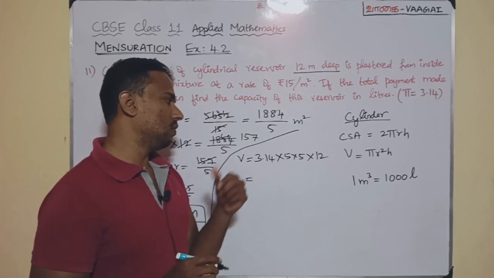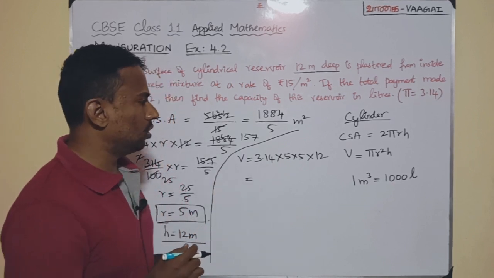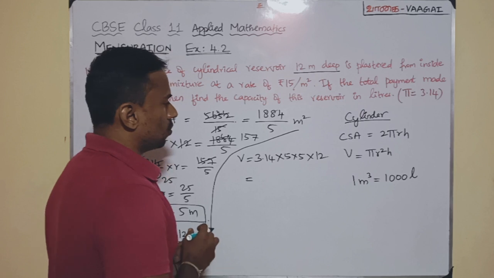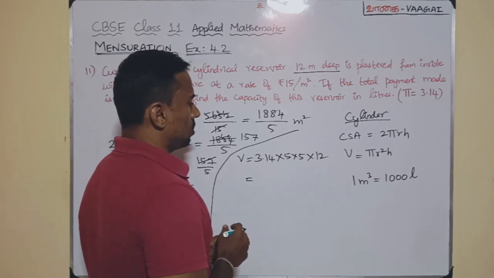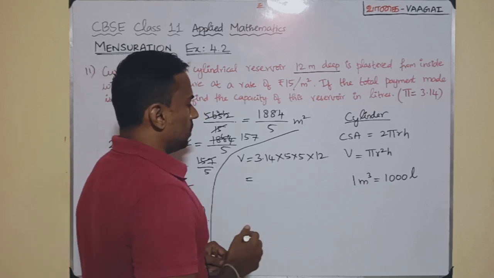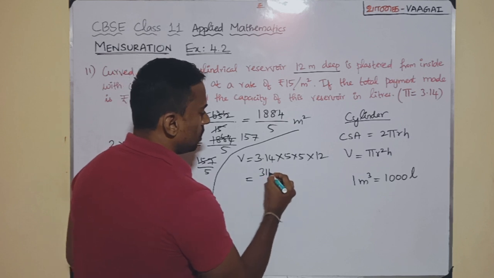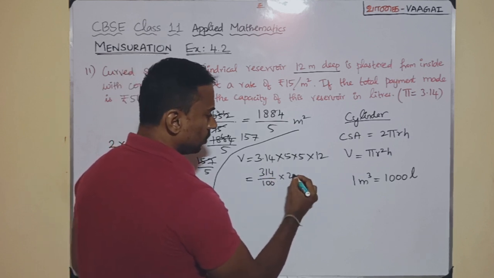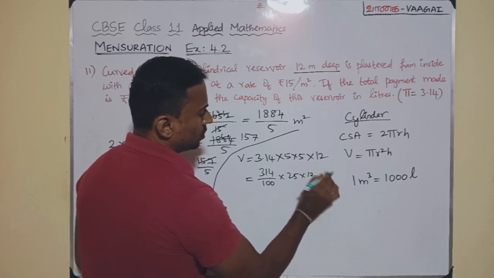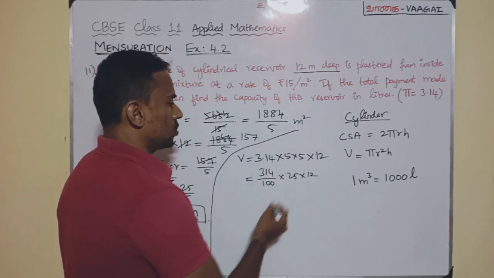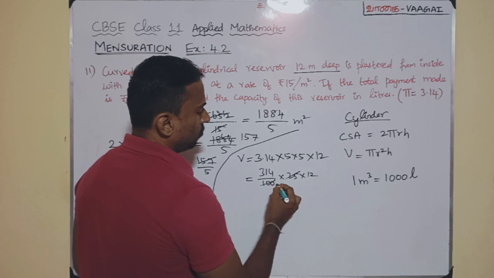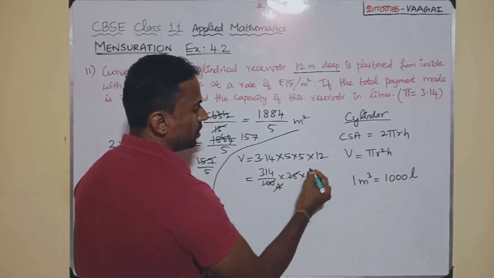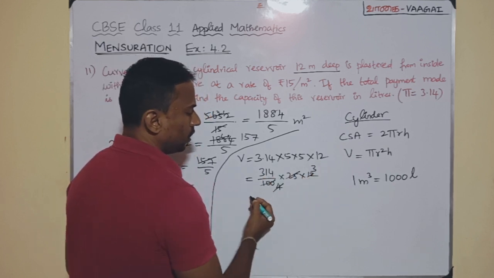Okay, since we are involving decimals and all, let's try to solve this also very clearly. So what I will do now is better write this as 314 by 100 into 25 into 12. Is it or not? Yes. Okay, so 25 and 100 will be 4 times, and 4 and 12 will be 3 times. So 314 into 3 will be